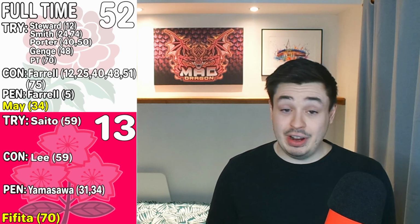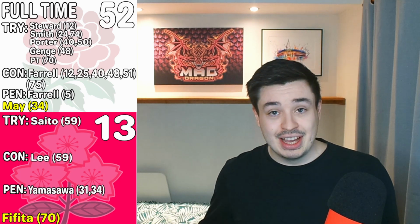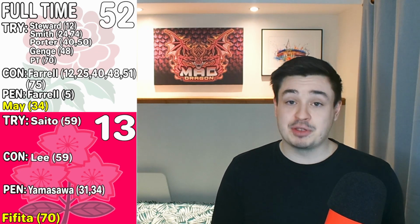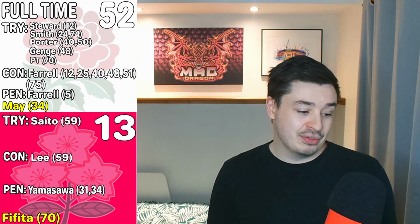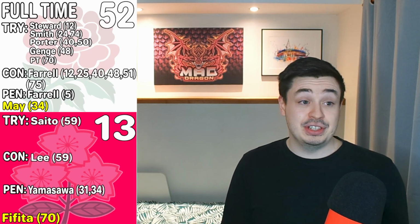Marcus Smith gets his try. Actually began from him on a crossfield kick going over to Slade. They tried to have a little bit of a break. Slade kicks the ball back inside. They're both chasing after it, but it was Marcus Smith who recovers that secondary chase and goes over for the try. Farrell getting the conversion there as well, bringing that score to the final score of 52 points to 13,